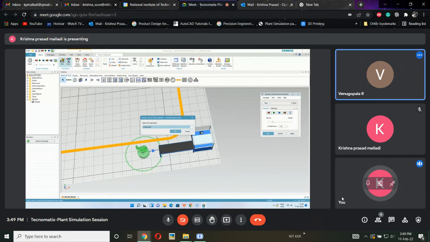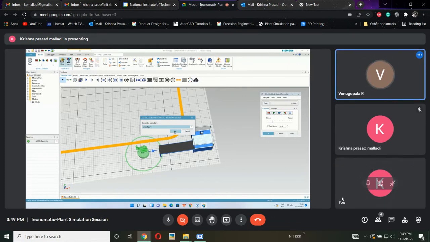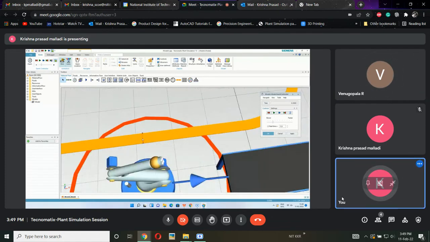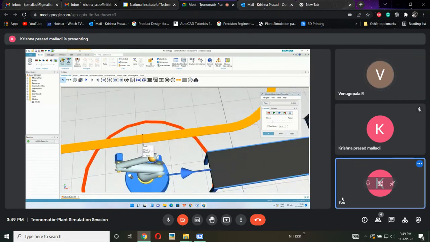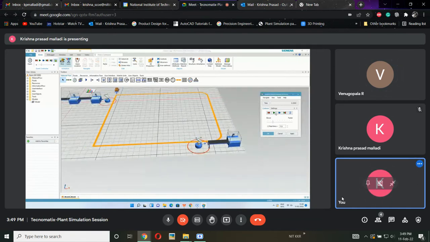So if we use load here, then we need to use an unload. If we use place, then we need to use a pick here. So unload option. Now it was defined. A sensor was defined here. Now the simulation will work. If I run the simulation,